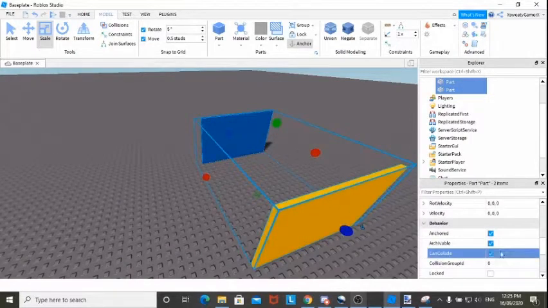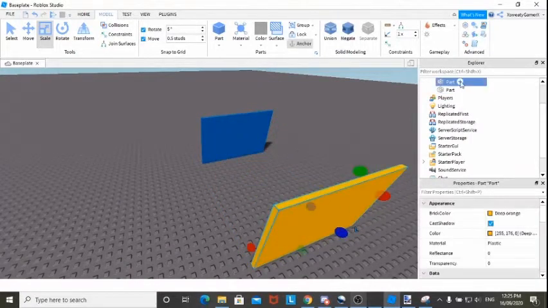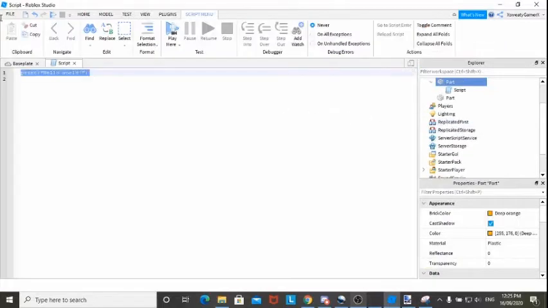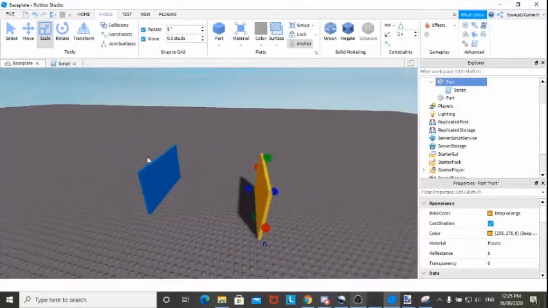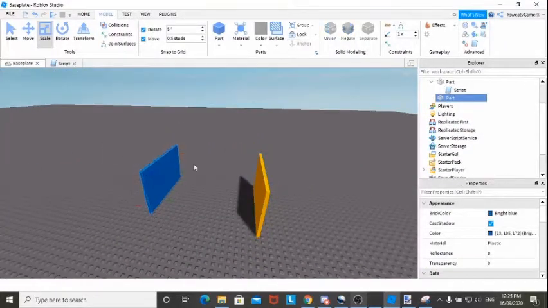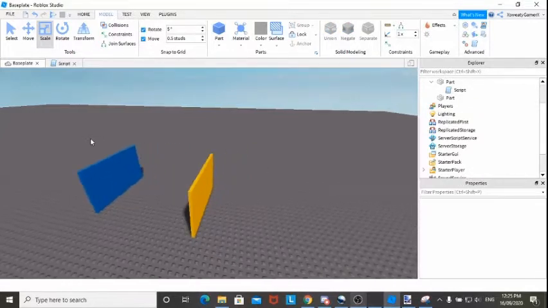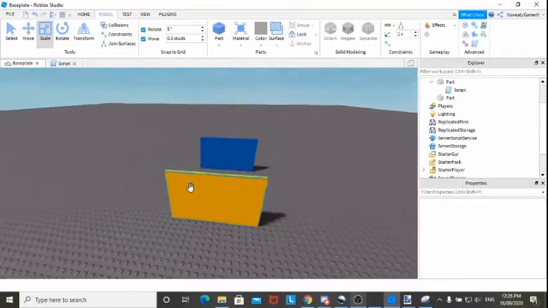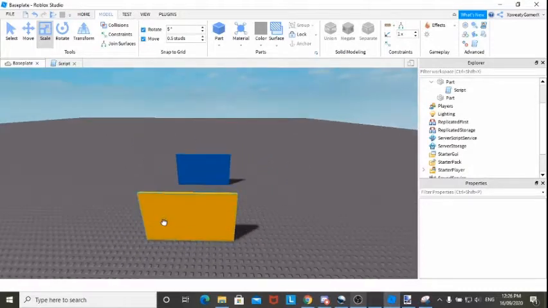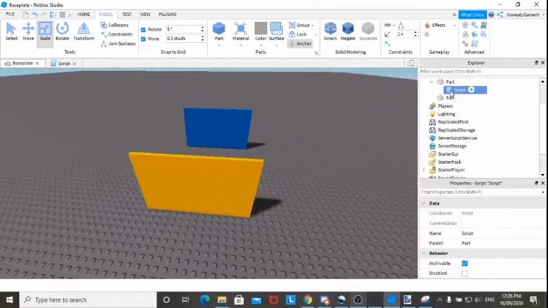I'm going to make these both CanCollide off. Now I'm going to go into here. So, this script only works if you have two doors, like two portals. Otherwise, I can show you how to make it with one portal that just brings you somewhere. So, with this, you want to go,